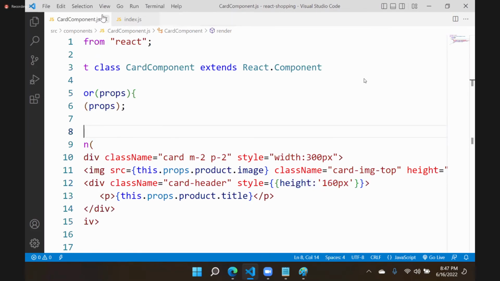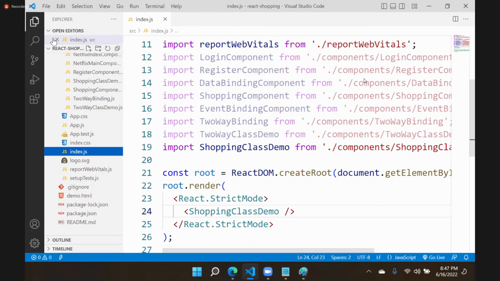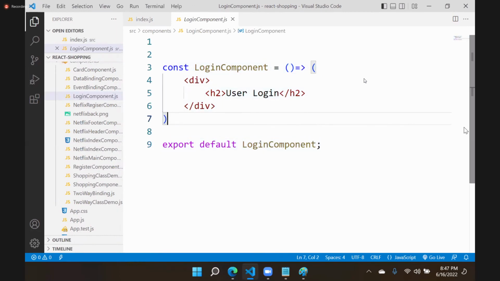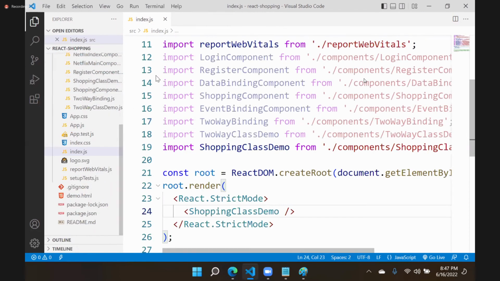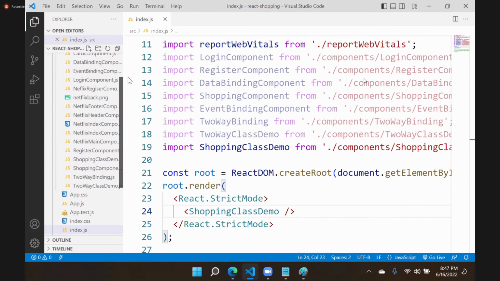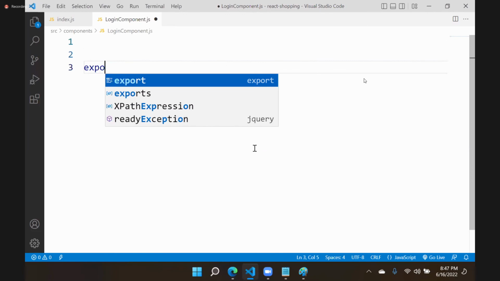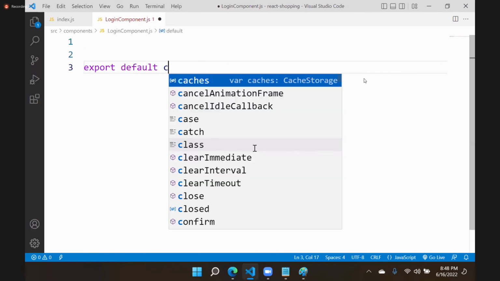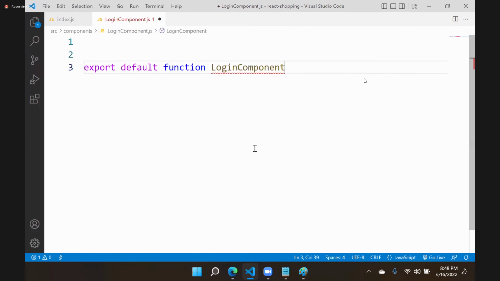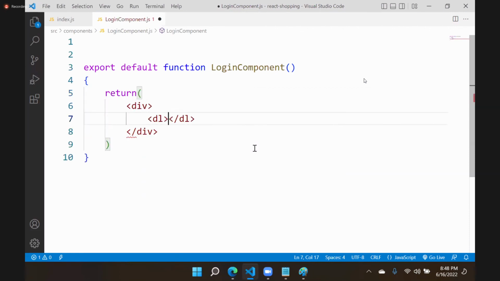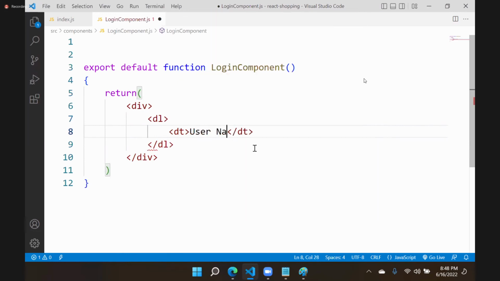Let's see. For example, we will create one simple page. I hope we already have a login page. Let's create a simple, clean login component here. I will just create an export default component function, and this is the login component. Now in this we are returning a simple presentation, and here we will design a data term, some username, and the